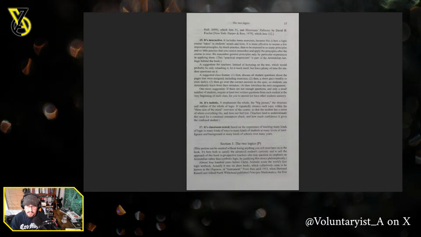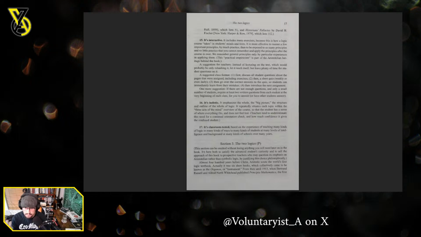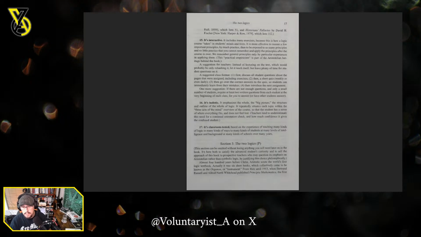And number 17, it is classroom tested, based on the experience of teaching many kinds of logic in many kinds of ways to many kinds of students at many levels of intelligence and background at many kinds of schools over the years. Sweet. All right, so that's the 17 reasons why this book is different. Let's move on to section 3,